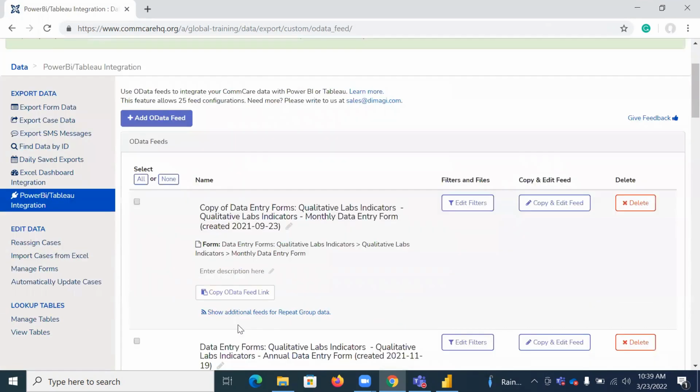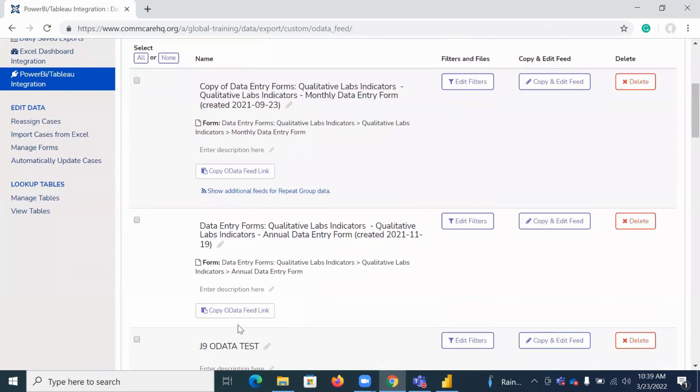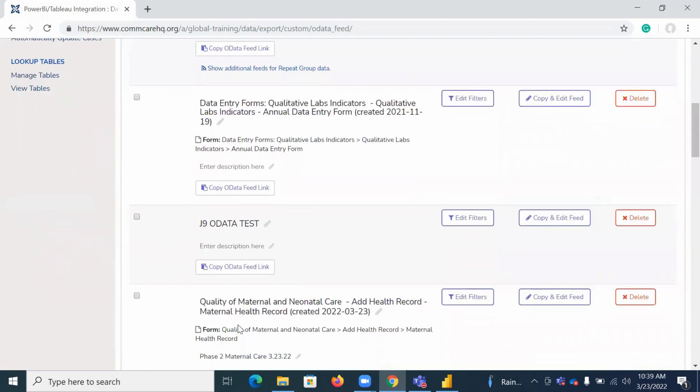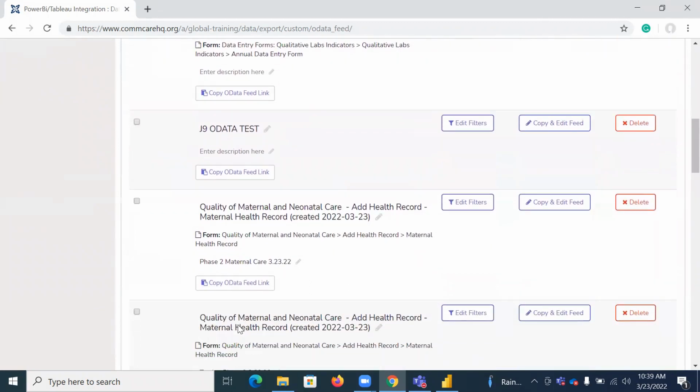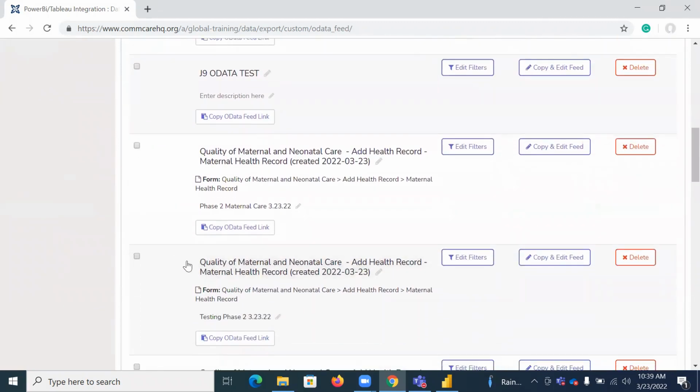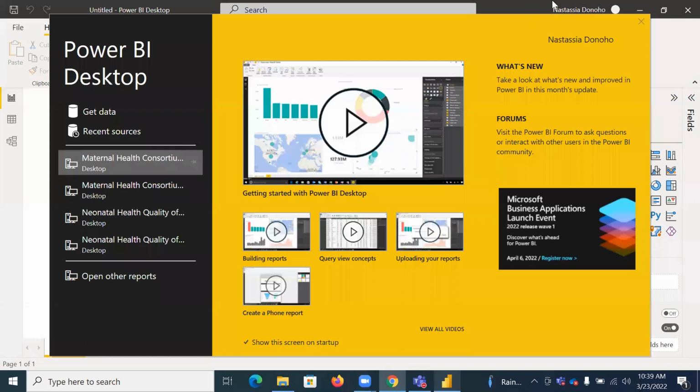You then are going to, you can see there are a few OData links made in this portion of CommCare, and we're going to look for the testing phase 2, this one. And you're going to click right here where it says copy OData feed link. So I pressed Control C to copy that link. Now I'm going to go to my Power BI,